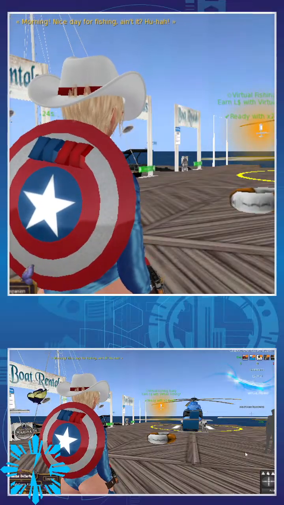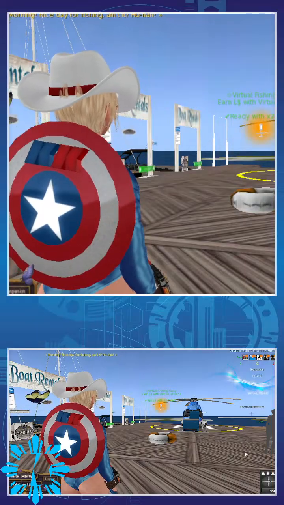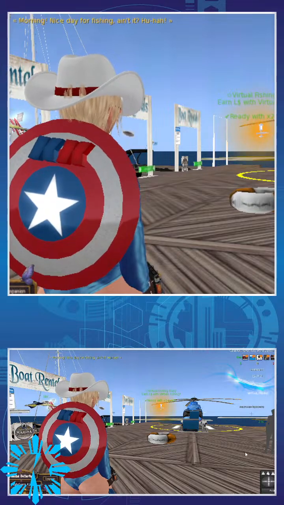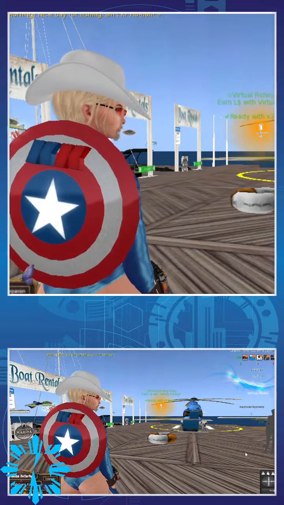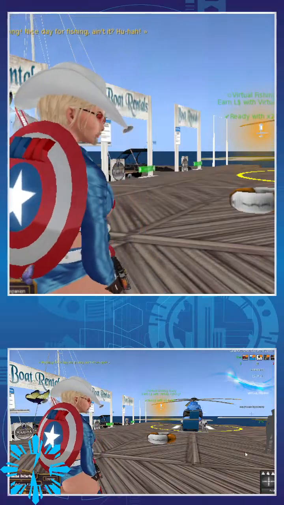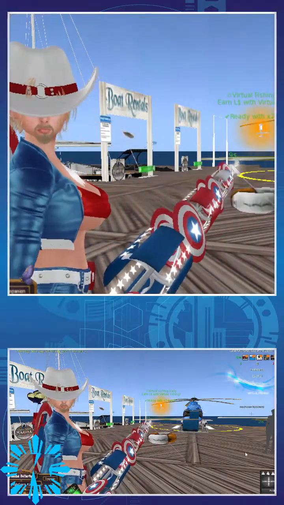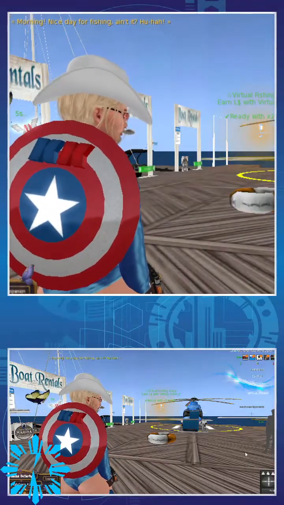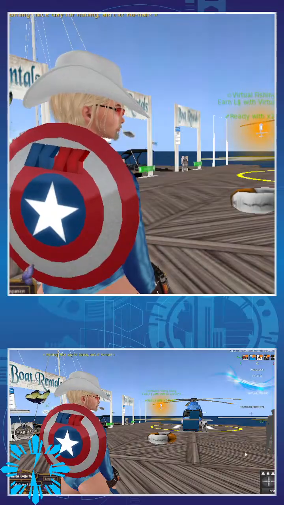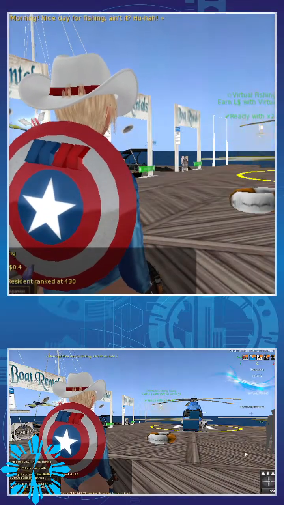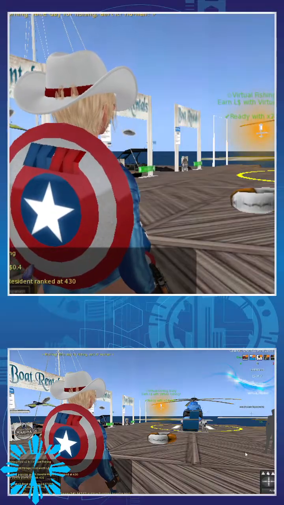The fish that you see in local chat are just flavor text. What's important is the amount of Linden dollars earned, or the value of the supposedly caught fish. That is what's important, because there is no actual fish.